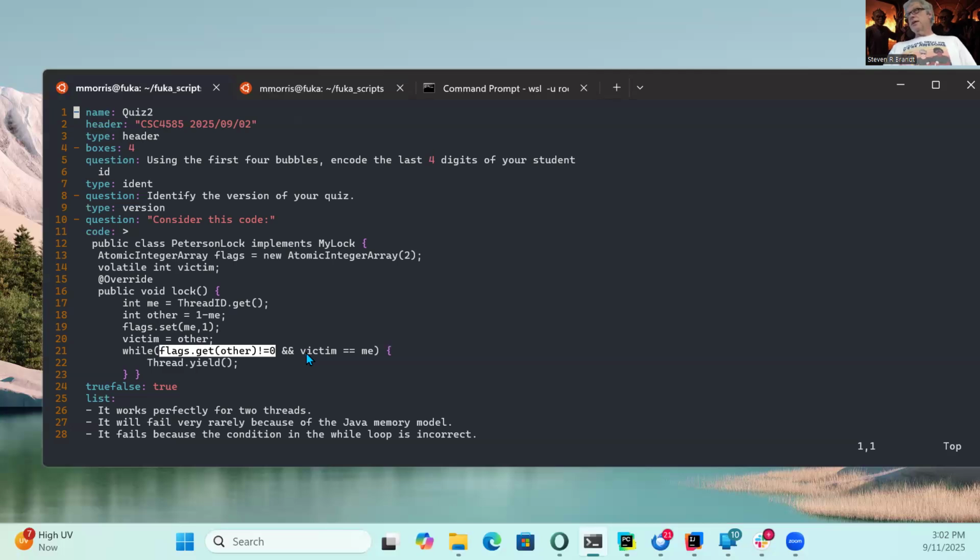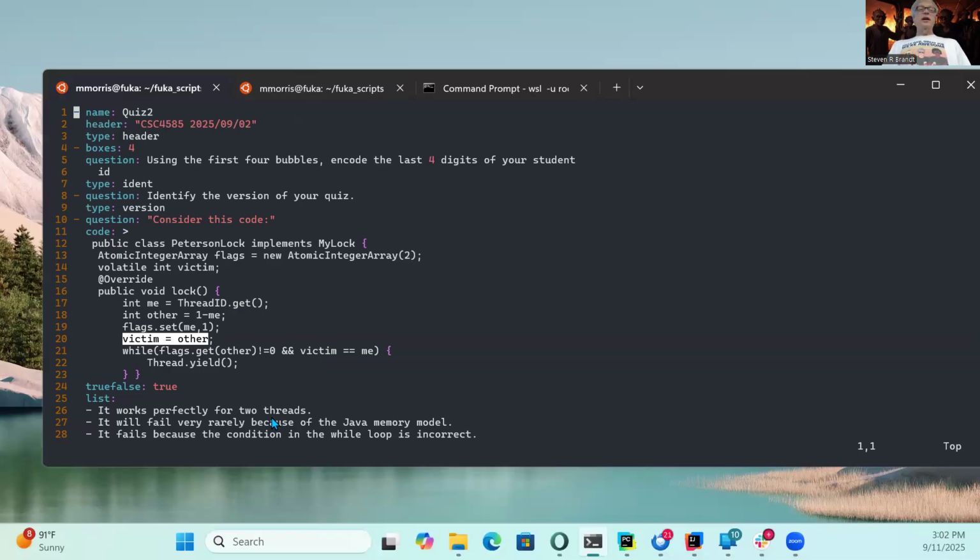So being greedy makes it not work. Being selfless and letting the other one go first makes it work. Just like in real life. The thing that makes it not work is this. It's supposed to say victim equals me. That's the thing that makes it not work.